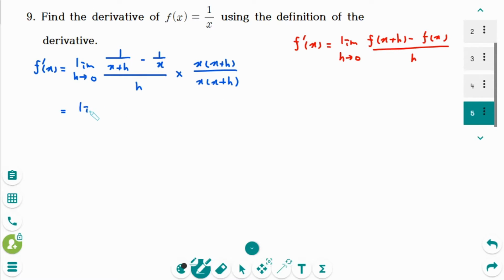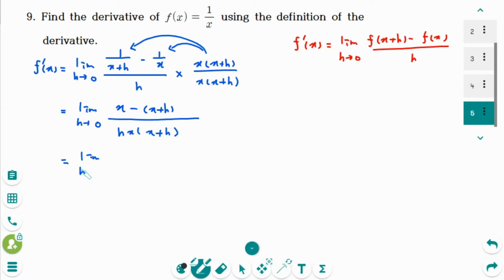Then expand the first one, make x minus the second one, make x plus h over, don't expand the denominator,